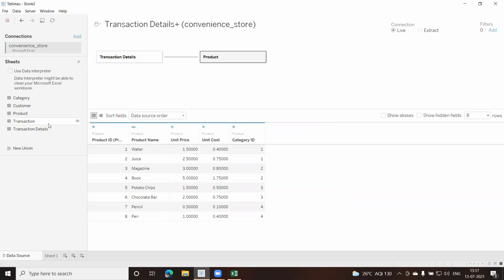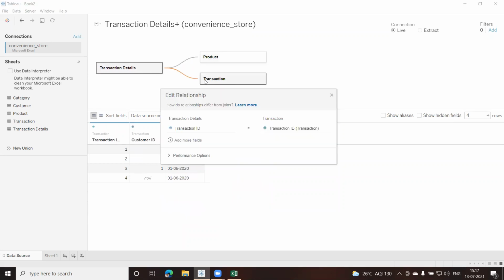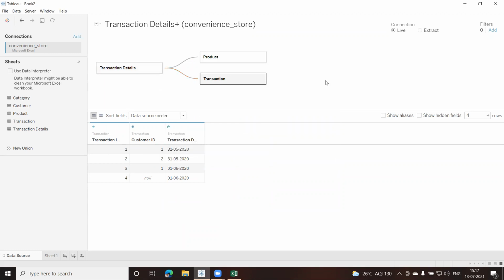Let us put the transaction table as well. So I'll get the transaction table. Now again, there is a link between the transaction table and the transaction details, and it is based on the transaction ID. Now the main purpose of showing you these multiple files is that I'll be dragging the other files as well, like the category.